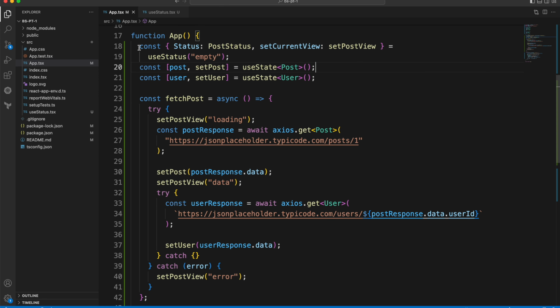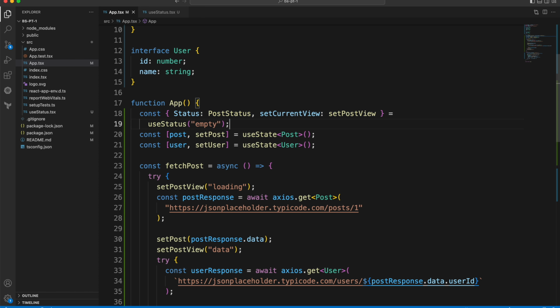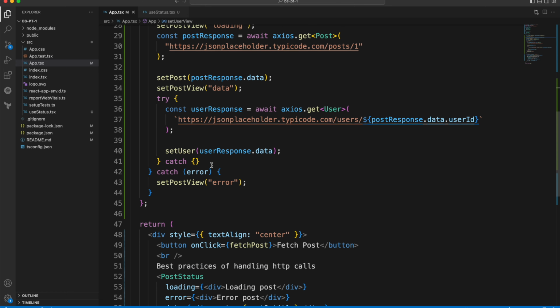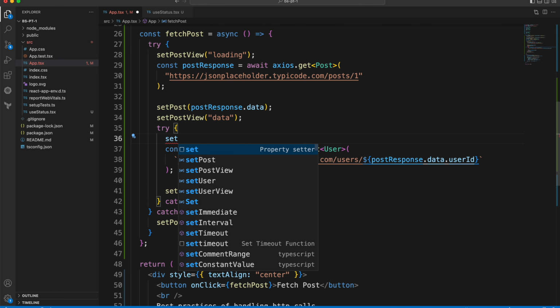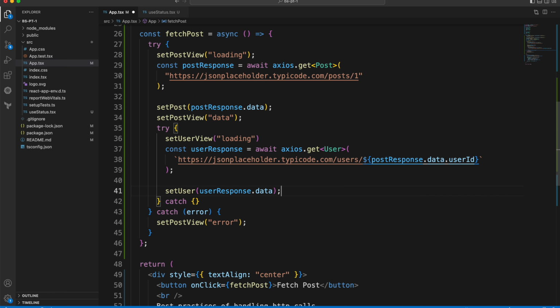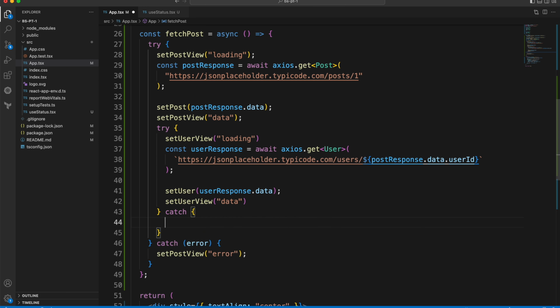So this is how we can define this view, and in a similar way we can define it for the users also. I'm just leaving this for the users to you. So let's do one thing, let's define it for users also. Let's copy this and paste it here. It's going to be user status and set user view, it's loading. And once we have this data, after that we can set users view, it's data. And in case of error, we can set users view, it's error type,